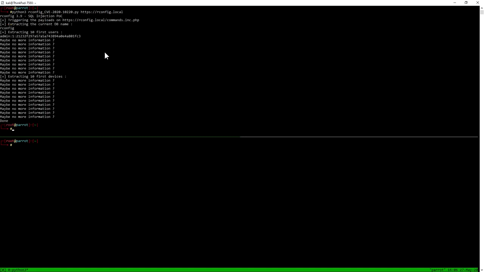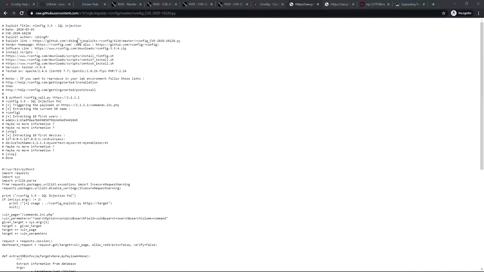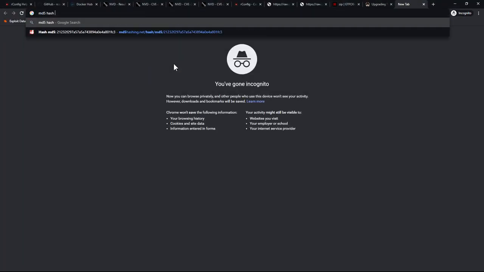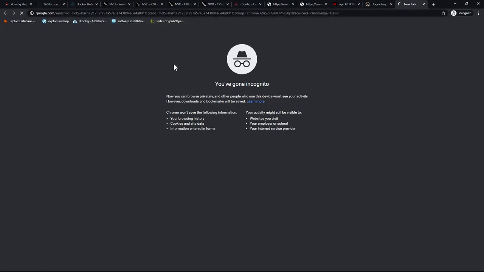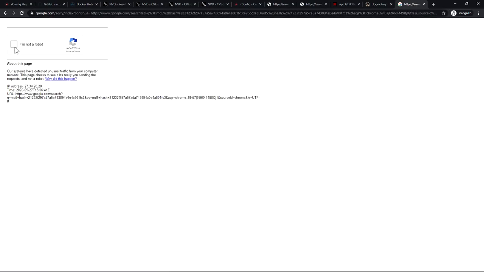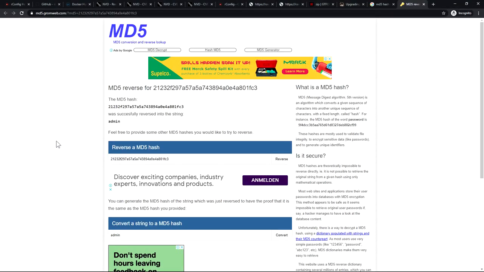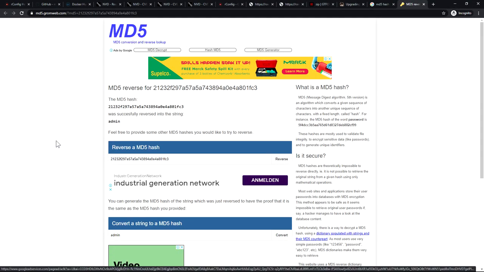As you can see on the screen, it was able to retrieve one username and credential, and that is of admin. The password that we see is a hash and the type is MD5. If we quickly go to the web and search for the MD5 hash, we can see the MD5 password is admin.